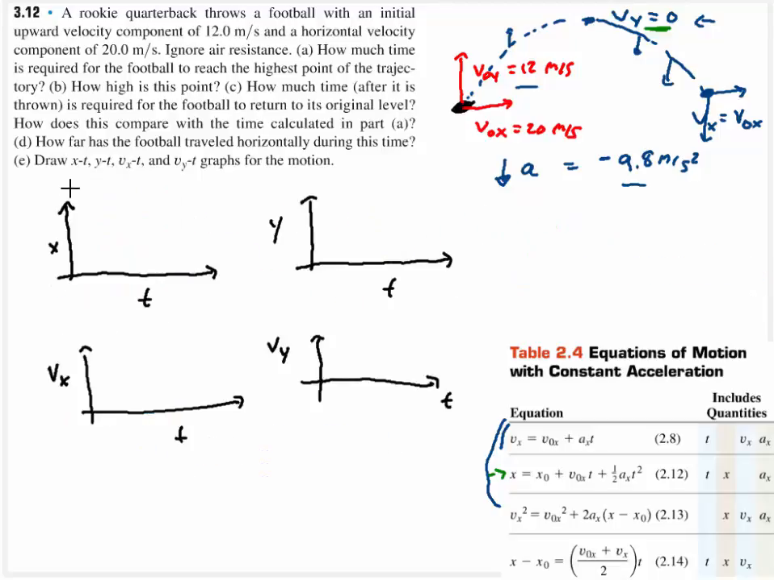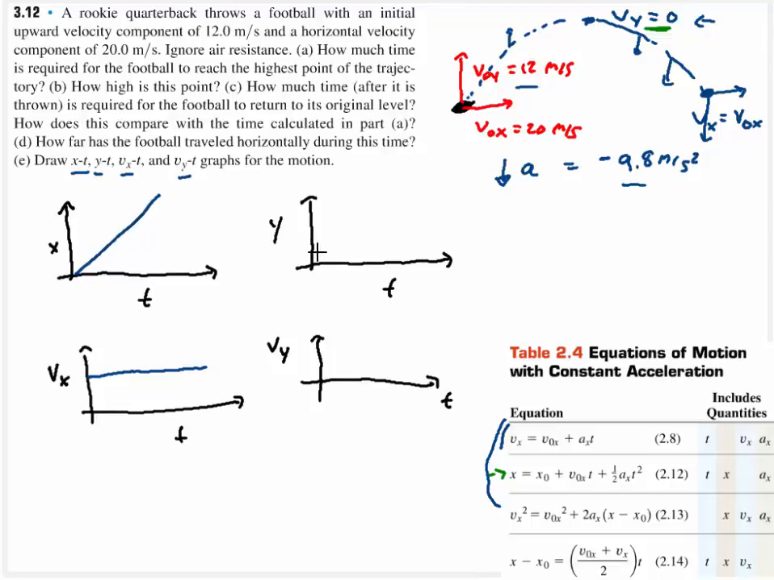And lastly, I've erased the work and I've drawn some graphs for x position versus time, y position versus time, velocity in the x versus time, and velocity in the y versus time. And heck, let's just do the x velocity first. We know that the x velocity is going to be a constant as a function of time. X position is simply going to keep on moving away from the rookie quarterback,